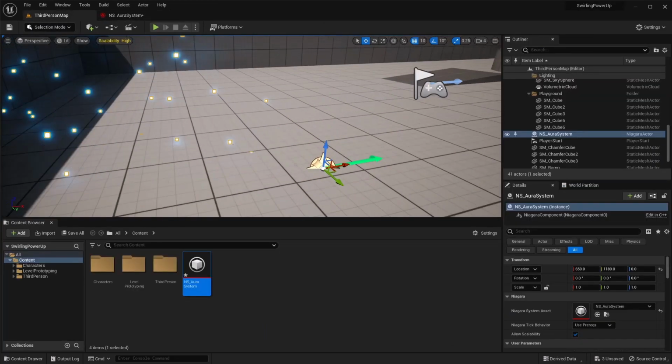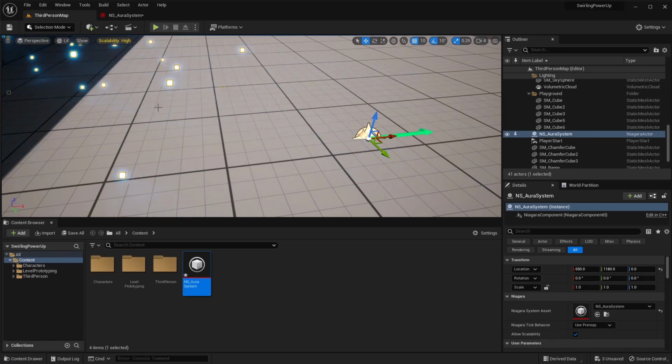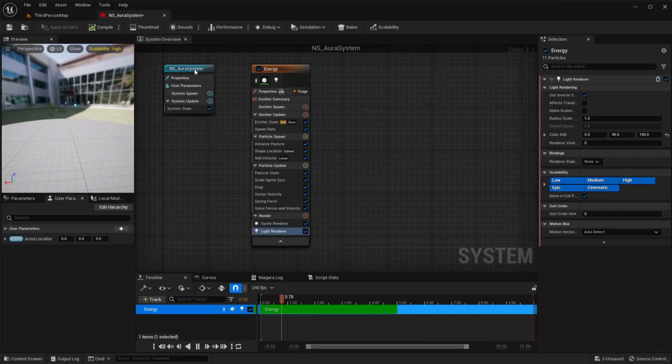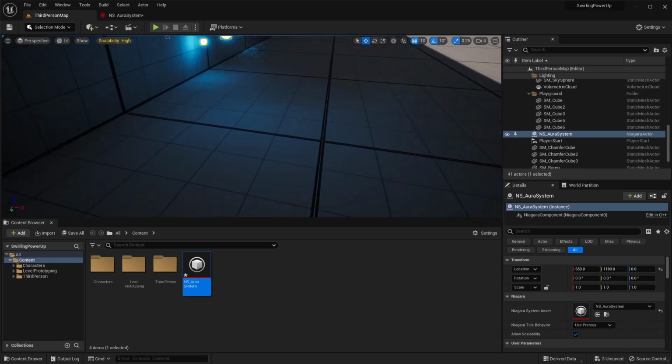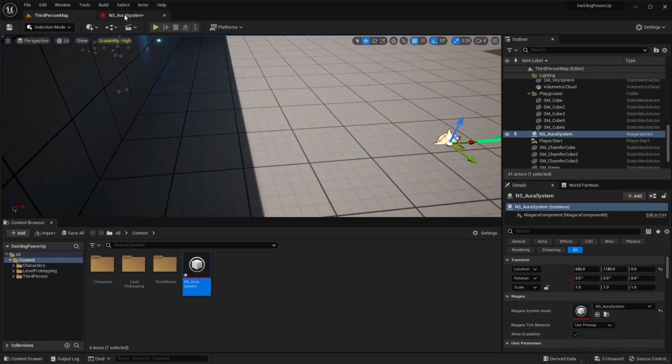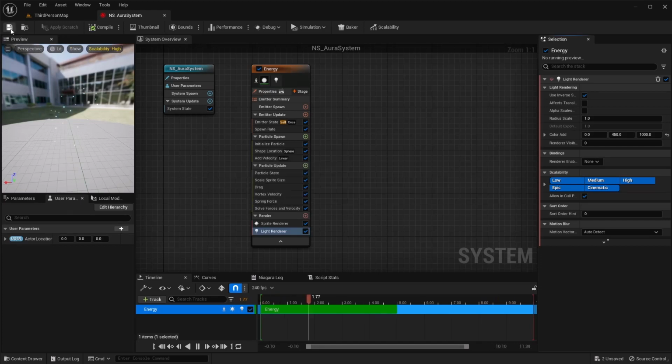And then if we watch, we have a little bit of light in some of these back ones you can see. We want to turn this up. And let's multiply this by maybe another 10. See if that'll be enough. We'll go 450 and 1000. Make this even more emissive, so that's a little better light there. So that's going to be good for that part.